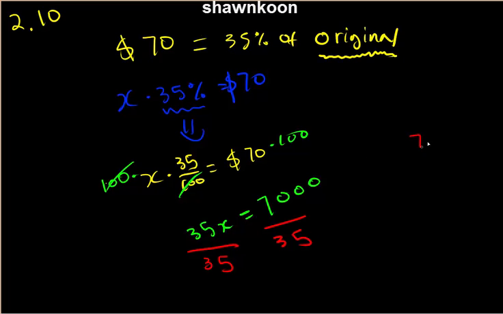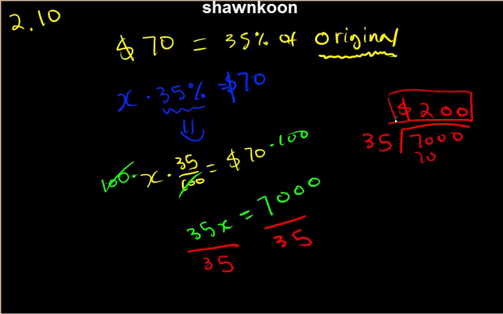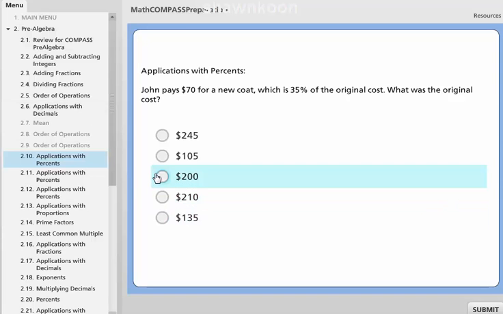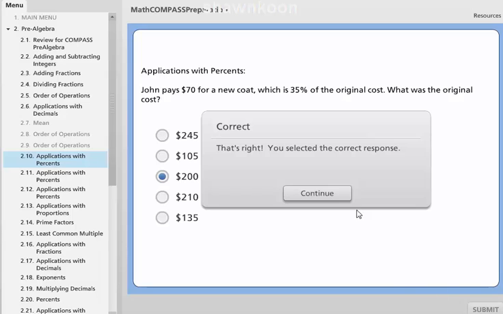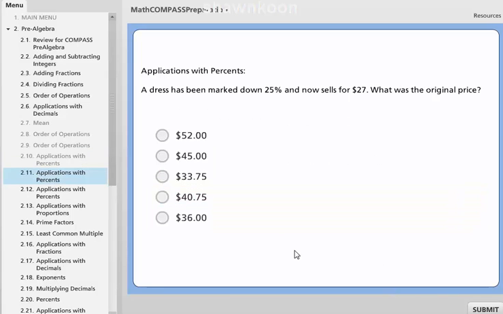So 7,000 divided by 35 is 270,000. So we know that the original cost was $200. And let's see if we got the right answer. And yep, we got the right answer. Okay, so the next one,